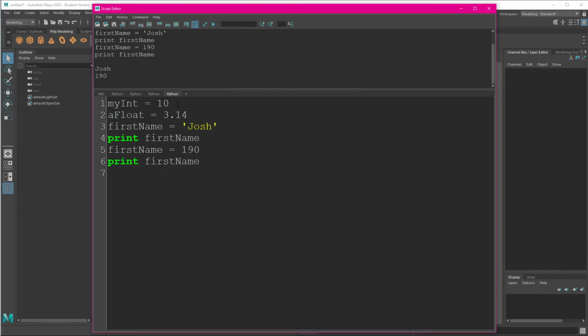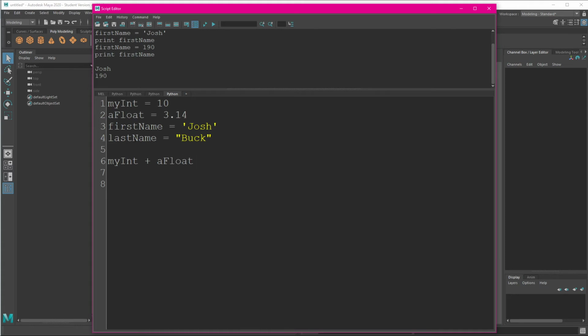Okay, so one of the great things about Python as well is that, as in most languages, we have a way to use arithmetic operators or to concatenate strings together. So I could say my int plus a float.